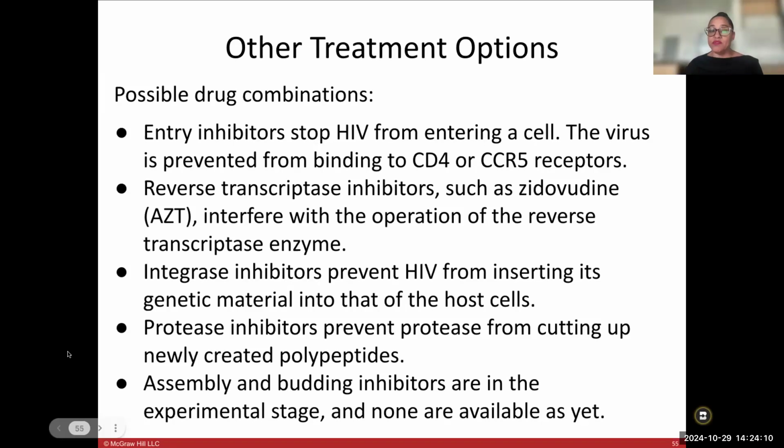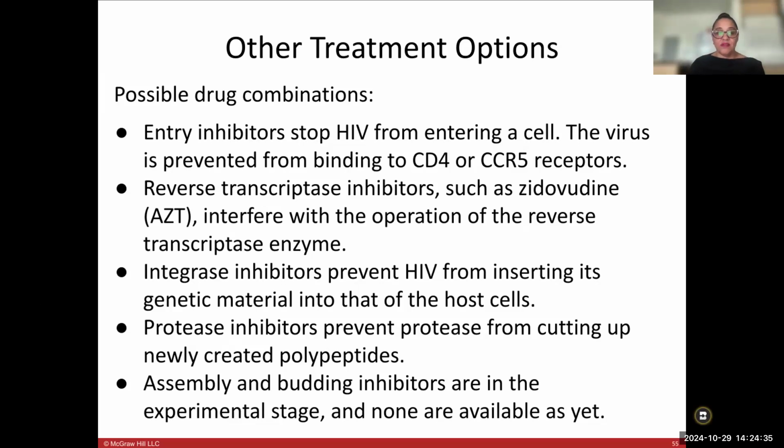Other treatment options, possible drug combinations, entry inhibitors to stop HIV from entering a cell. The virus is prevented from binding to CD4 or CCR5. Reverse transcriptase inhibitors, such as zidovudine, also known as AZT, interfere with the operation of the reverse transcriptase enzyme, because HIV uses reverse transcriptase once it